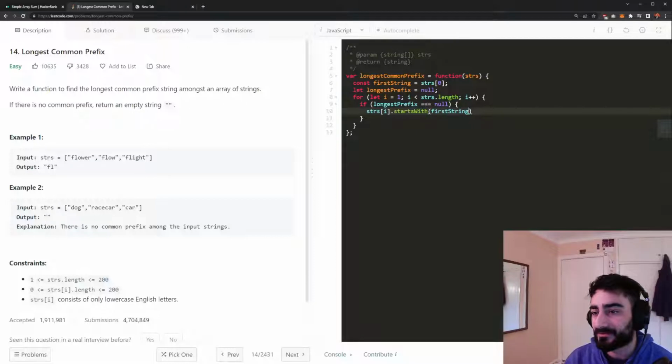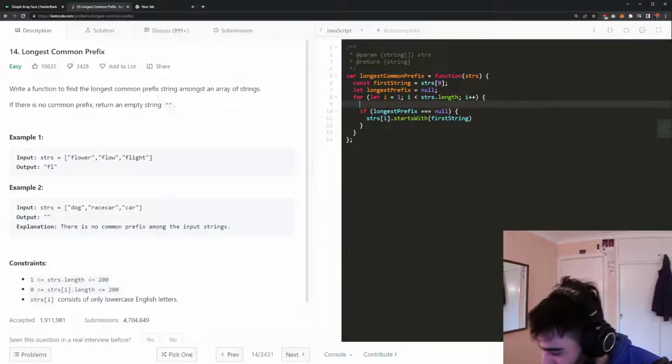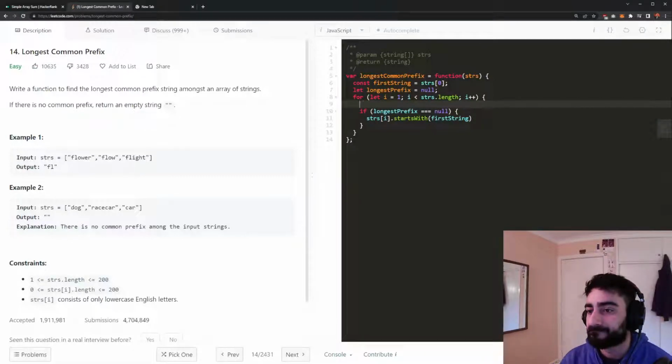If the next string starts with the string, I'm just gonna call this prefix now. Prefix, okay. If the string starts with the first string,